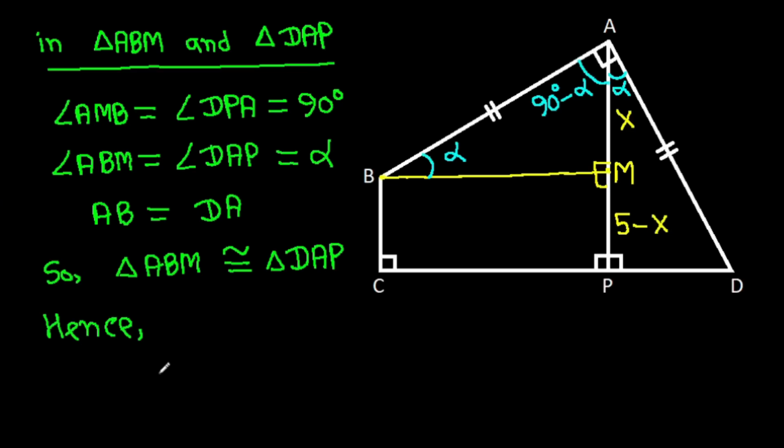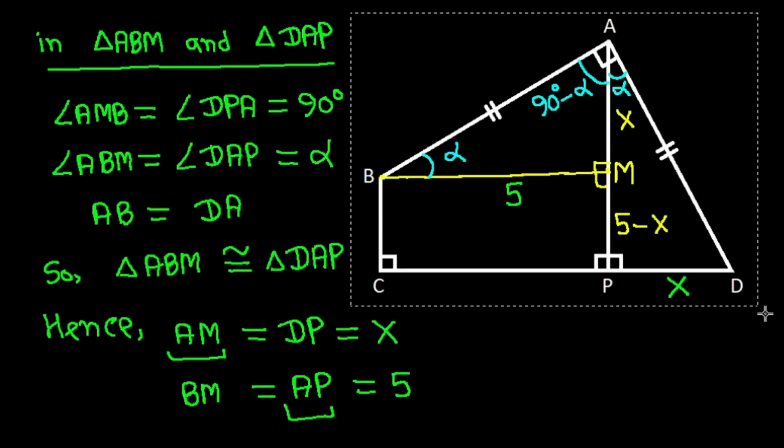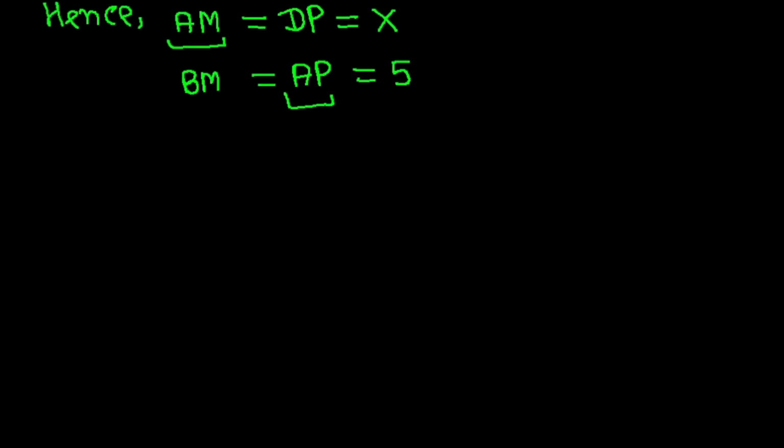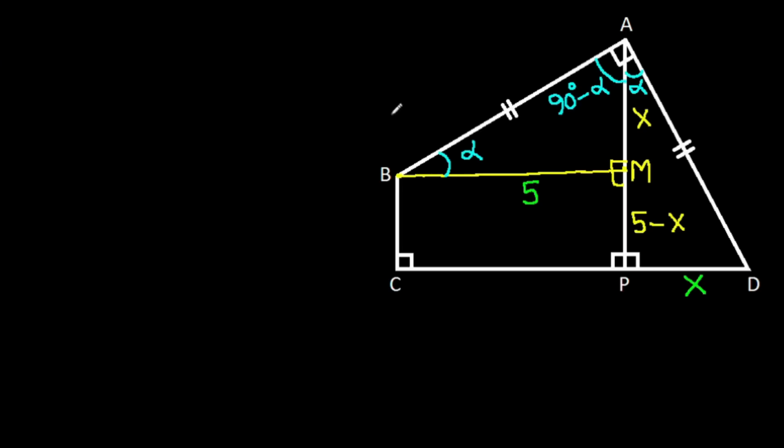Hence AM, it will be equal to DP, and AM is X. So DP, it will be also X, and BM, it will be equal to AP, and AP is X plus 5 minus X, that will be 5. So BM, it will be 5, and now